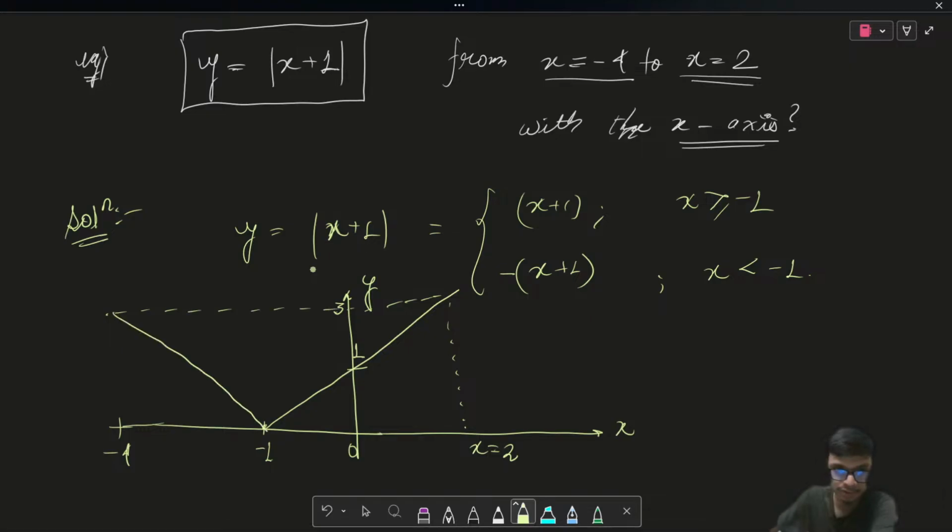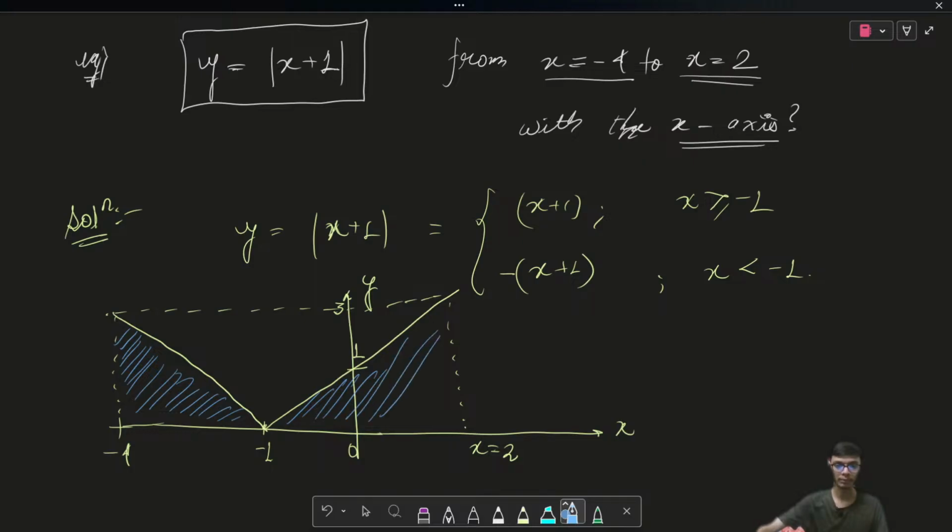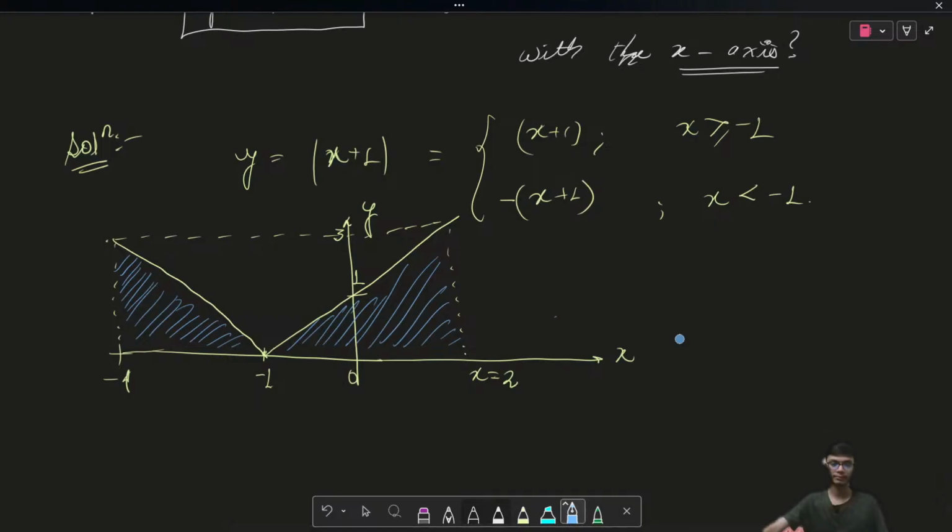So something curved like this, right? Some curve like this. Now, if I draw the required region, the required region of the area is this particular region. So this is my required region, and therefore, if I find the area from -4 to +2 for this function mod of x plus 1 dx,